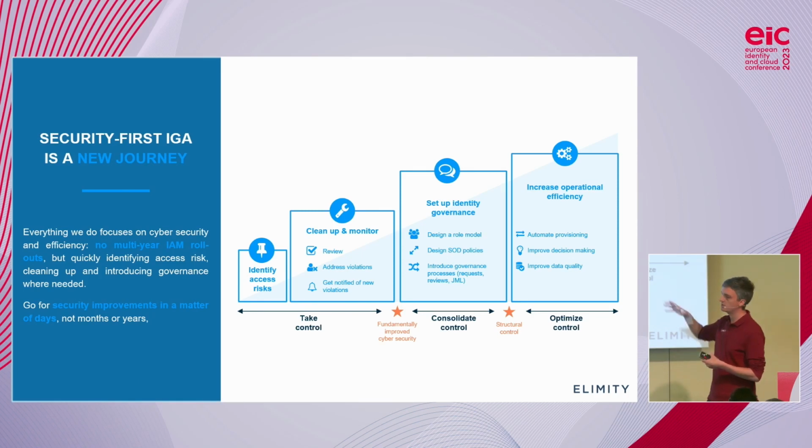It tries to push the heavyweight identity governance steps like designing a complete role model or automating provisioning or automating your joiner mover leaver workflows and so on, pushes that forward afterwards. But of course, if you have this data foundation, it's also a really good point to start your role design, but that's a different topic. So that's what we call a security first IGA journey.